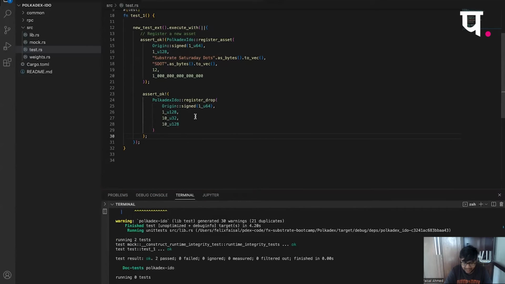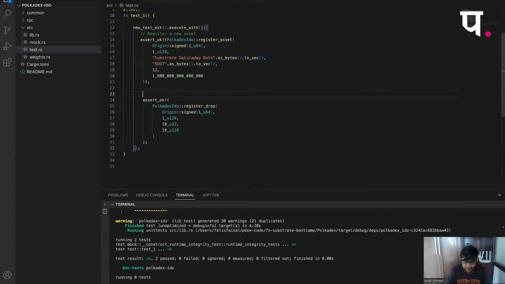Now, again, the good question would be: I am asserting okay over here, but how do I actually verify that this is working the way the logic is supposed to work? So another convenient part of this mock environment is that I can directly query the storage item.